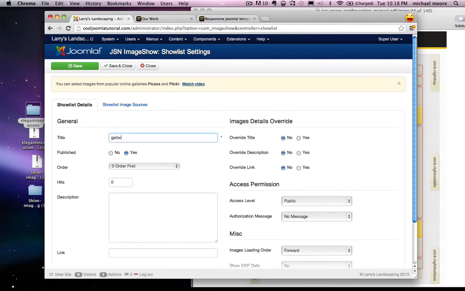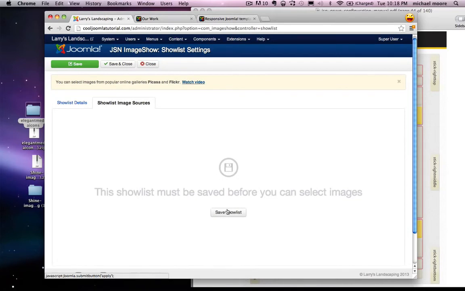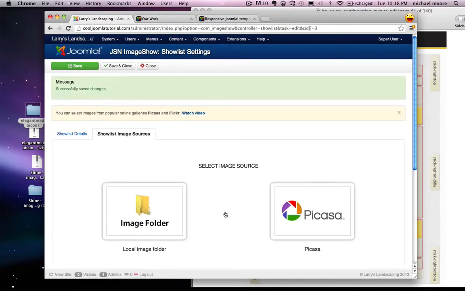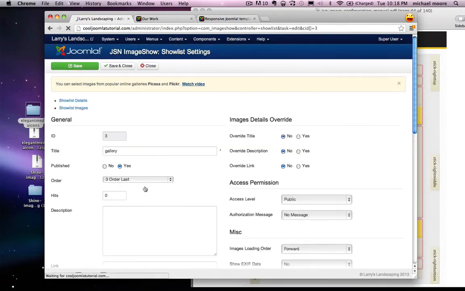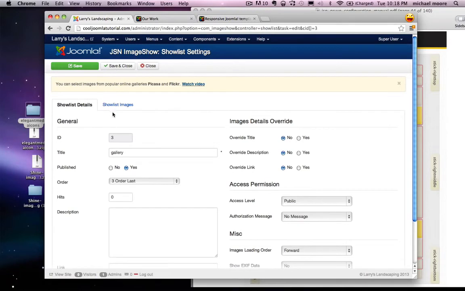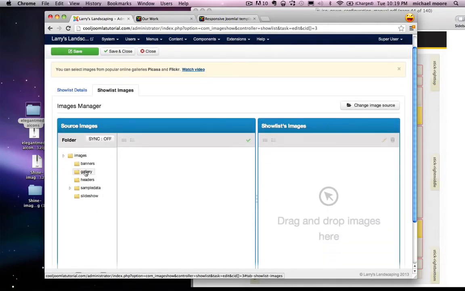And I'm just going to call this one Gallery. And then I'm going to click Show List Image Sources, and I'm going to click Save. Then I'm going to select the image source as Image Folder, and then click the Show List Images tab. So I'm going to click the Gallery folder,